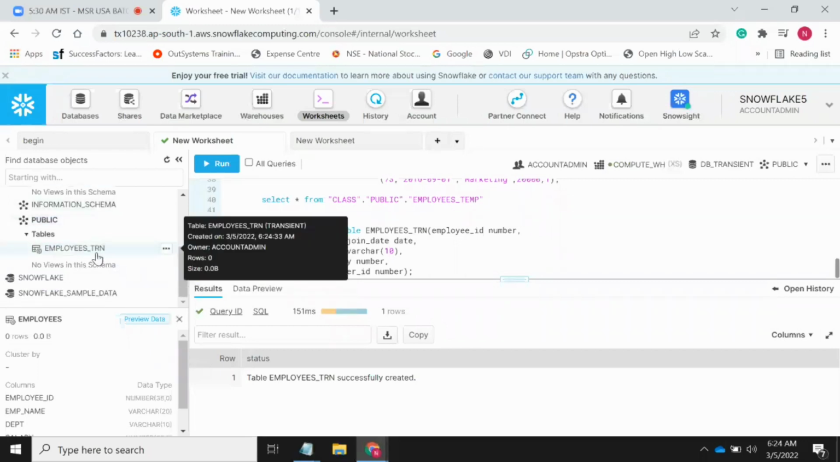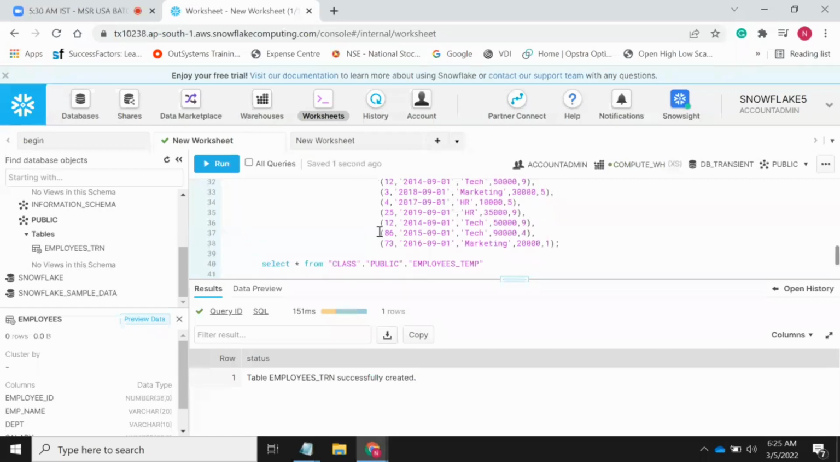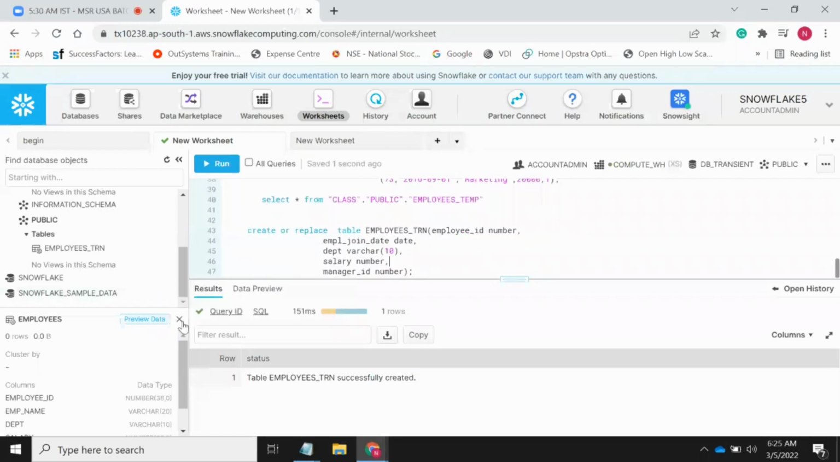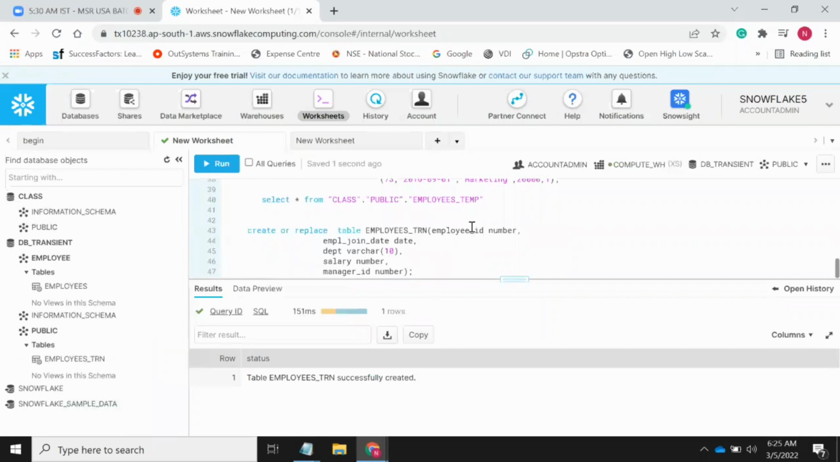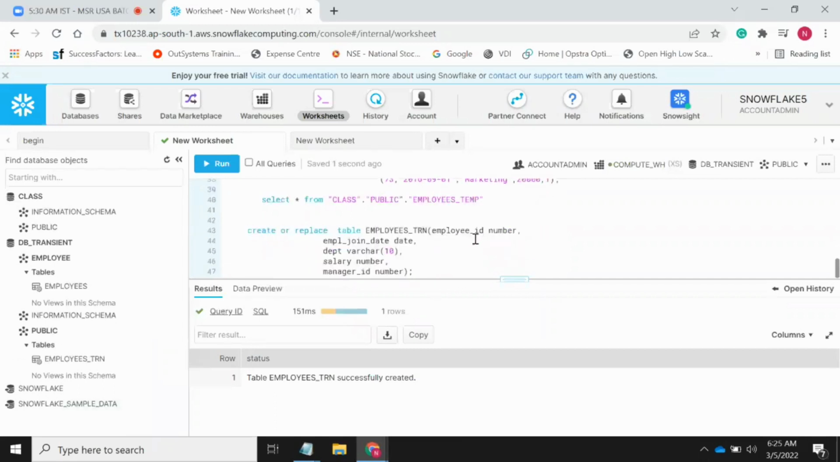Now come to the public schema. See this one, transient table, right? But we didn't mention a keyword. Same way, if you want to create a permanent table, it is not possible. Can you create a temporary under a transient database and transient schema? That is possible, right? Because that is a down level. First permanent,